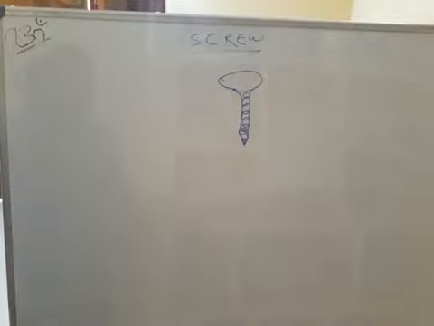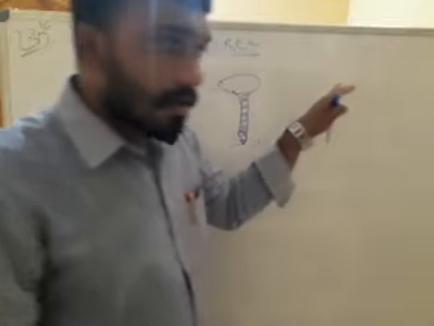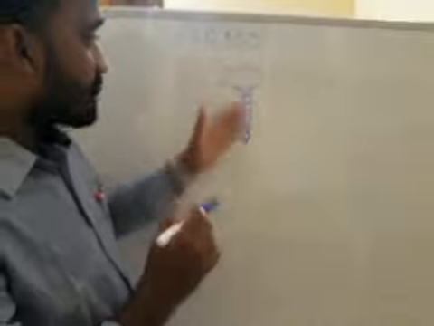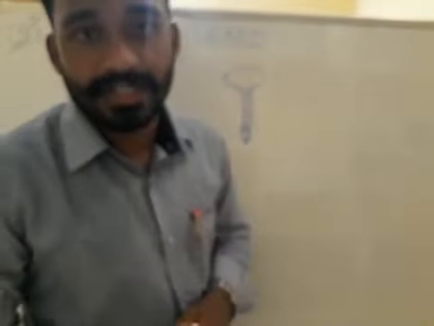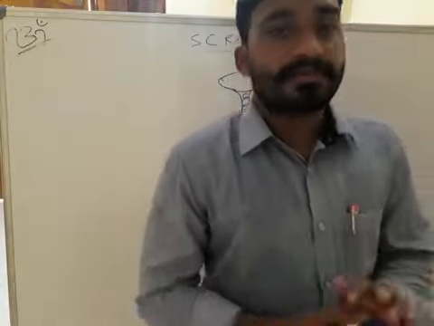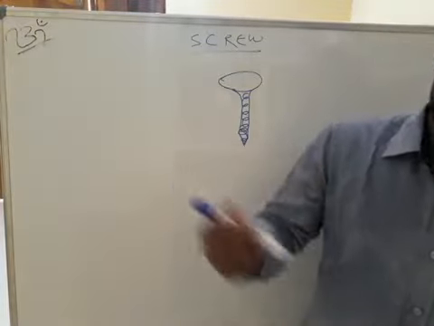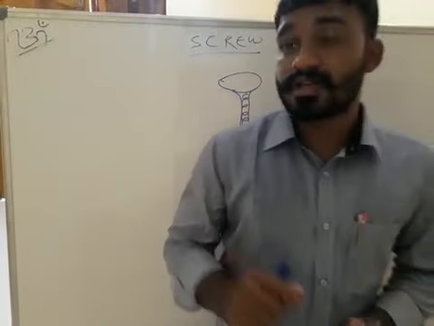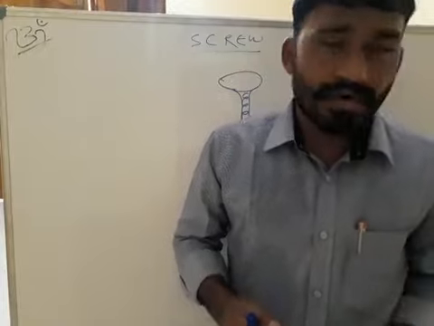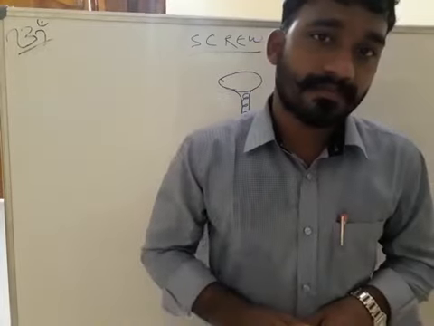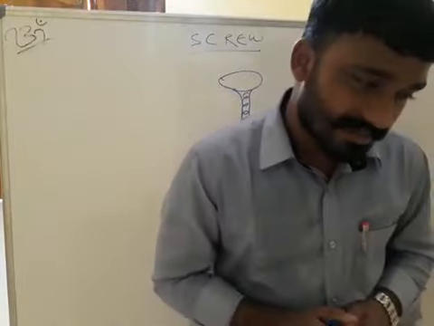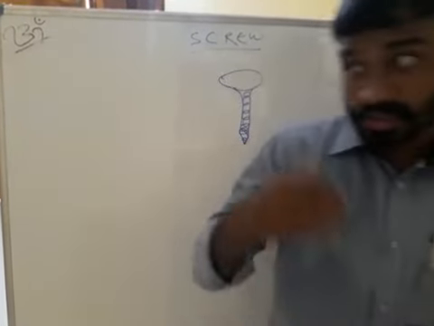So the next one is our screw. A screw is spiral shaped, with one thread-like spiral structure. That is actually called a metallic thread. It is also one type of simple machine. In our daily life we use it to fix things, like a plate, a photo on walls, or to attach wood logs.